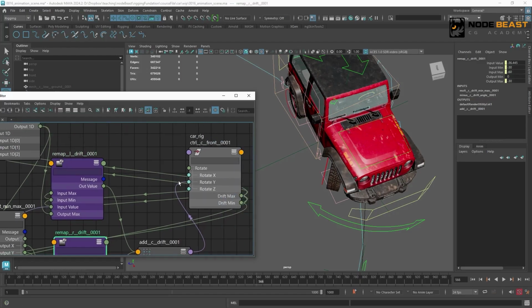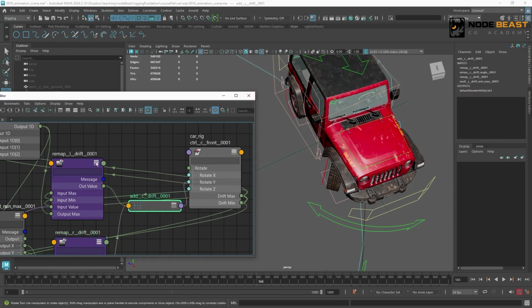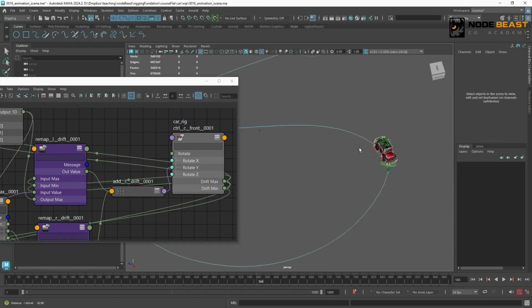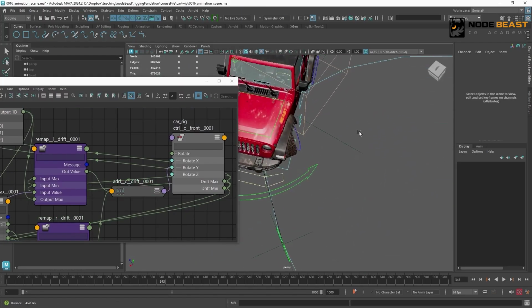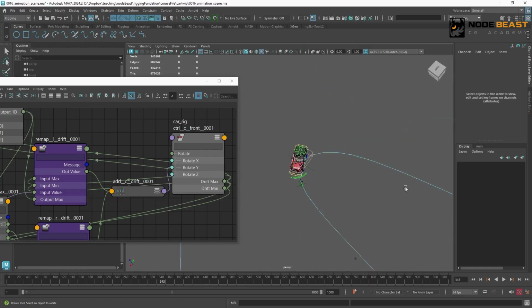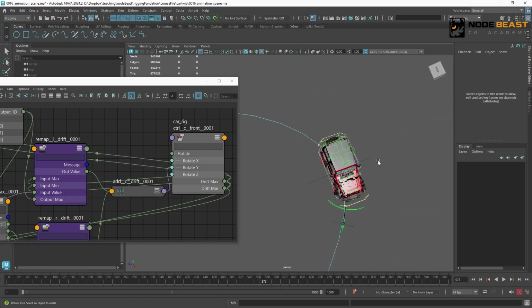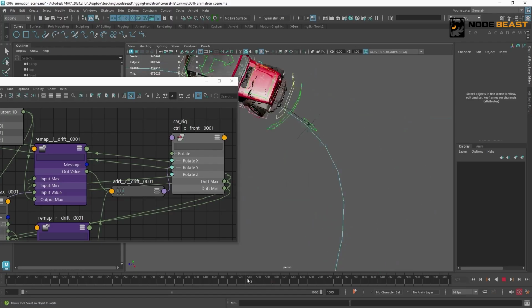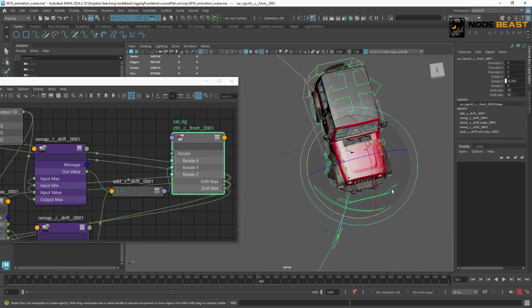That also works. But if you look at the result, you will find that adding them up directly has the same behavior. Okay, so let's check again. When we rotate to the left, we see a drifting effect here. When we rotate to the right, because this turn is not very sharp on the right, it may not be that obvious, but you will see there is also a certain drifting effect here.